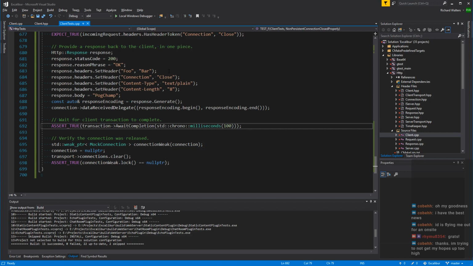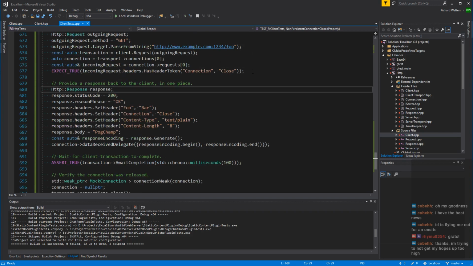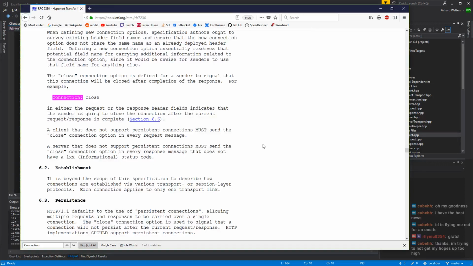Okay, so we're expecting the closed token and we're going to respond with it. We should probably then also expect that the client closed, right? What did the spec say it closed after, didn't it? Will be closed after the completion of the response. All right, so